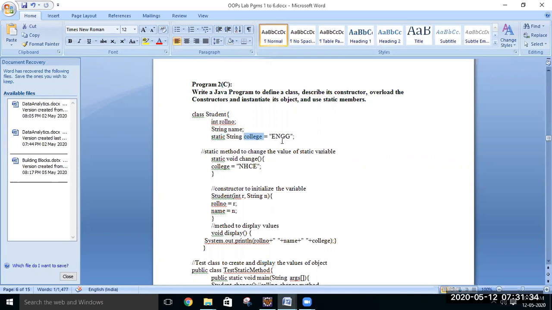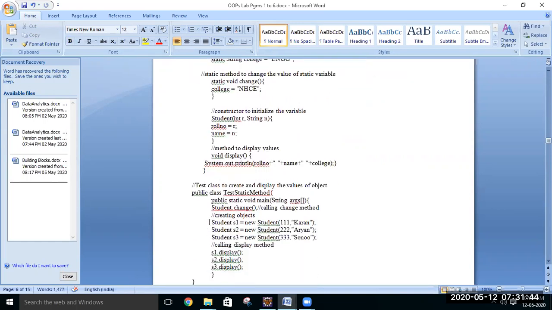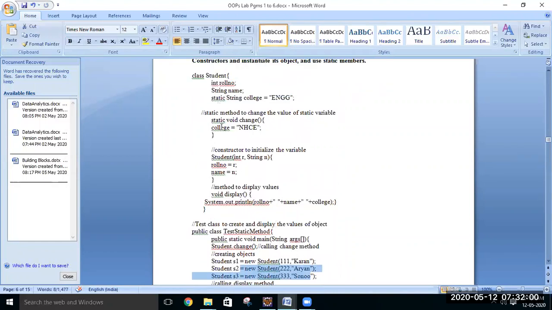The speciality of a static member is this. If you are creating three different instances for the class, student S1, student S2, student S3 are three different instances of the class student, right? When we create three different instances, we can have three different values for all these instance variables.